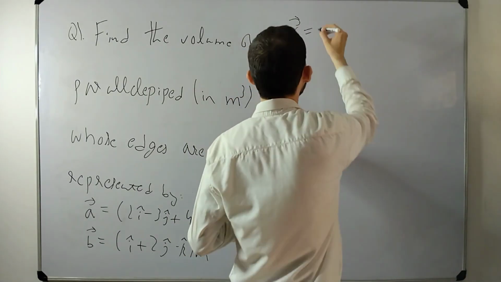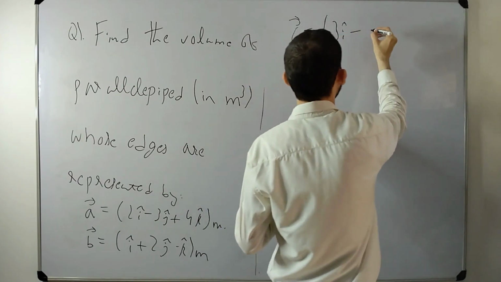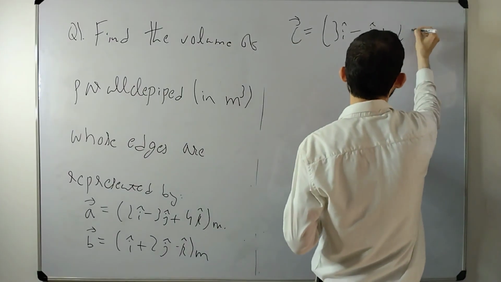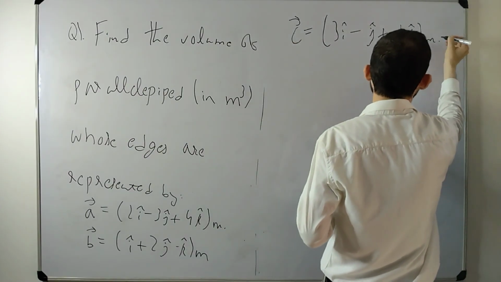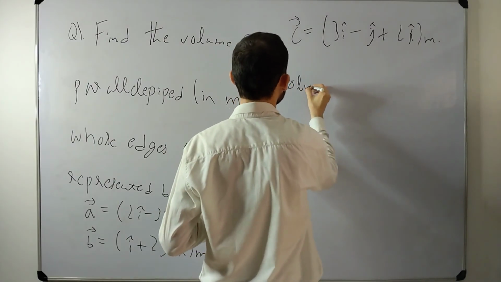prosperity. 3I cap minus J cap plus 2K cap meter. Solution: